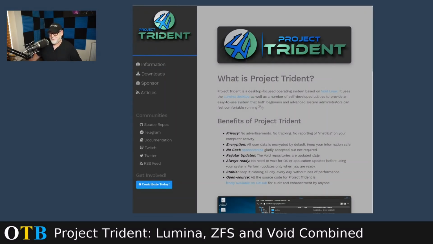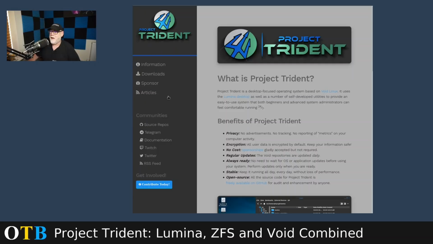Anyway, to cut to the chase, Project Trident, back in February of this year, released a distro which contained this ZFS out of the box. It contained Void as its back end, and it contained its own desktop environment, something called Lumina, which I've not really looked at in any detail, but I believe it's a very lightweight desktop. So I thought, well, it would be rude not to have a look. So, sporting my Slackware hat for a change while the other's in the wash, let's fire it up in VirtualBox, give it a go. Just before we do that, though, and I'm getting a little bit ahead of myself here,